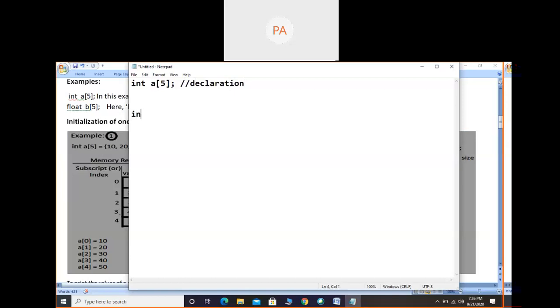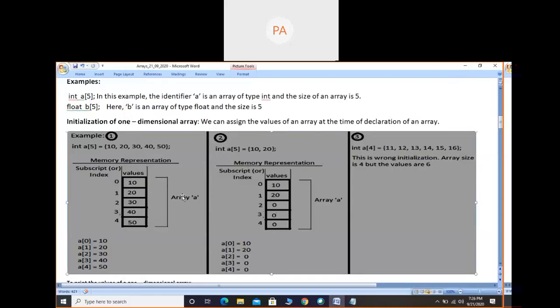The next thing is we can say int a of 5 is equal to our own values; we can give any values, just random but separated by commas. Okay, 11, 21, I am just giving random values, but 5 values. So this is one way. Another way is int a of 5, and just put a semicolon here to end the declaration. Then in the next line, see what you can do. You observe these memory locations.